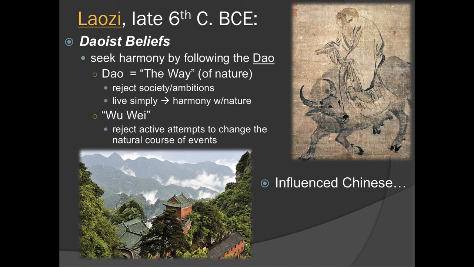If there was ever a Chinese hippie, it's Lao Tzu, all right? He's not worried about anything. He is so laid back. Go with the flow. Go with the flow of nature, all right? So he's not worrying about centralized government. He's not worrying about bureaucracy. He's not worrying about education systems, all right? He's instead trying to get in touch with nature, and that's how we need to be. So Taoism,